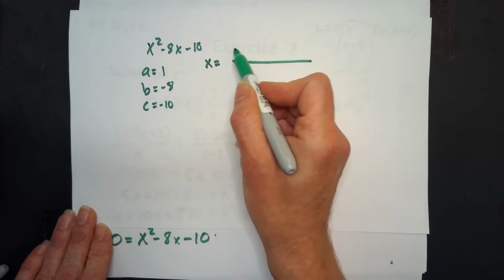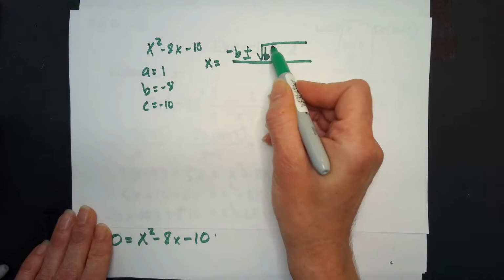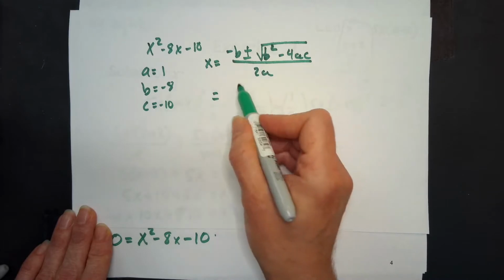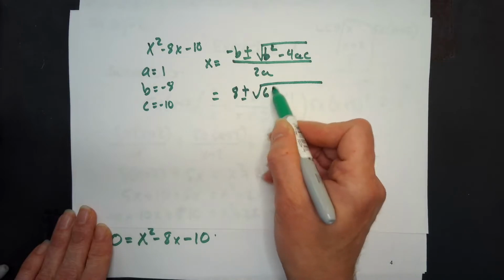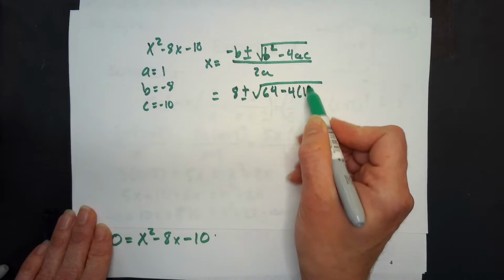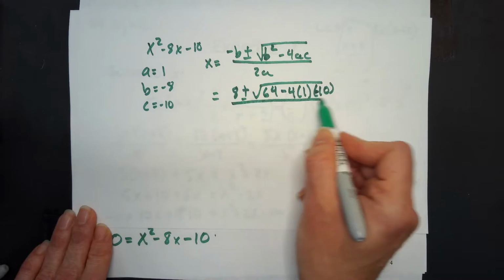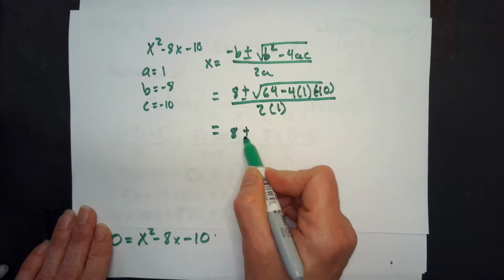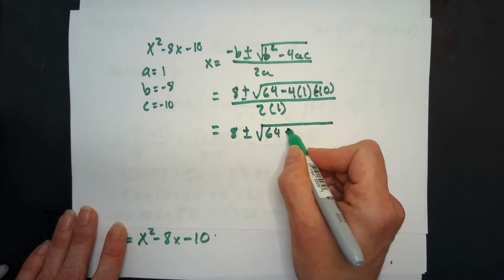x equals negative b plus or minus the square root of b squared minus 4ac, all over 2a. So that's going to be what? Positive 8 plus or minus the square root of 64, because negative 8 squared is positive 64, minus 4 times 1 times negative 10. Don't forget that negative, otherwise you'll get imaginary numbers back out. All over 2 times 1. And so that's going to be 8 plus or minus the square root of 64 plus 40